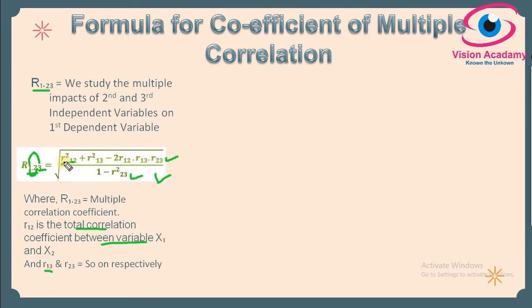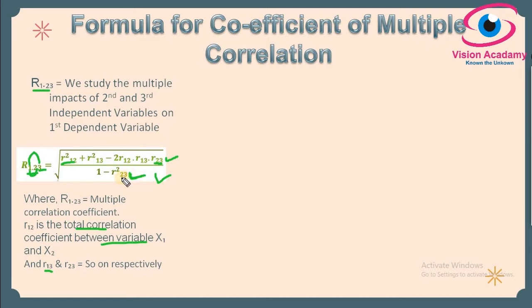So which means in the R square 12 and R square 13 we will consider one dependent variable and one independent variable. You can take vice versa. Firstly you can take R13, thereafter you can take R12. It does not matter. So R square 12, which means one dependent variable and one independent variable, plus R square 13 means one dependent variable and the other remaining independent variable, minus the same thing R12, R13, and lastly which will be multiplied by R23. R23 means only independent variables, and in the denominator also only independent variables.